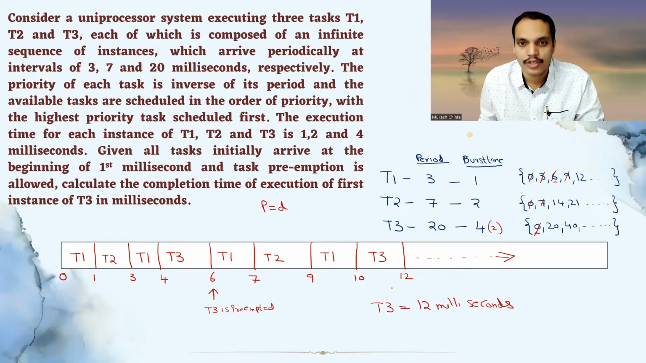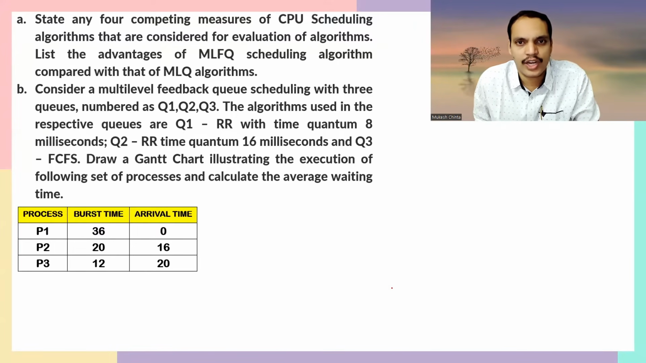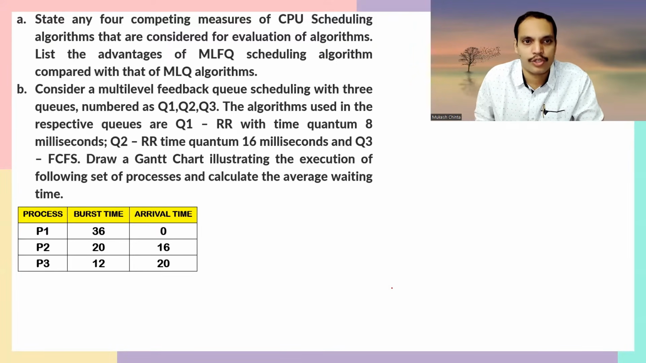So let's move on to the next question. State any 4 competing measures of CPU scheduling algorithms that are considered for evaluation of algorithms. If you remember, you can say throughput, CPU utilization, response time, turnaround time, waiting time. All these can be considered as the different performance metrics which we can use for comparison of different scheduling